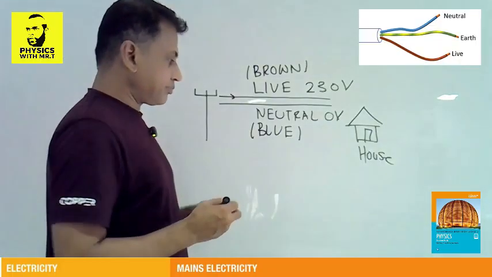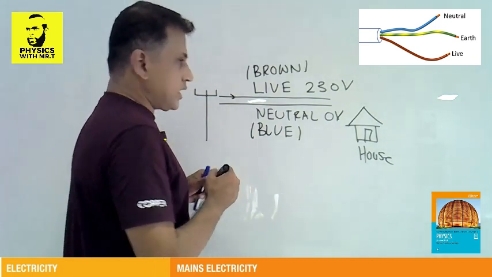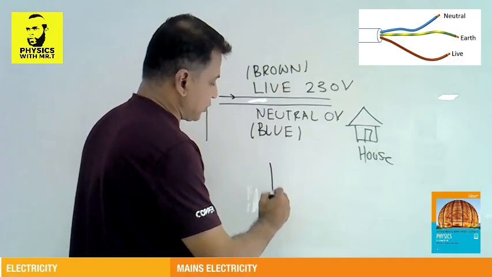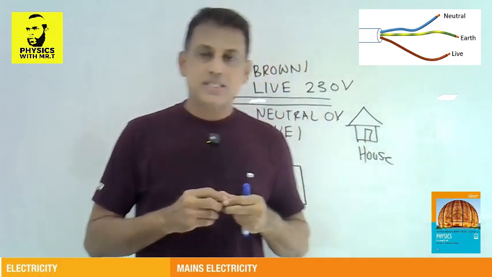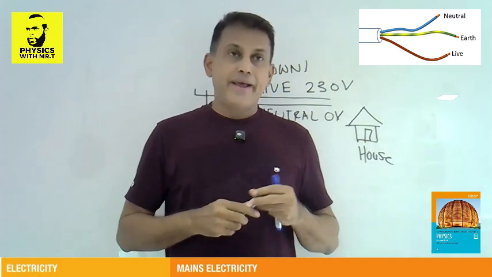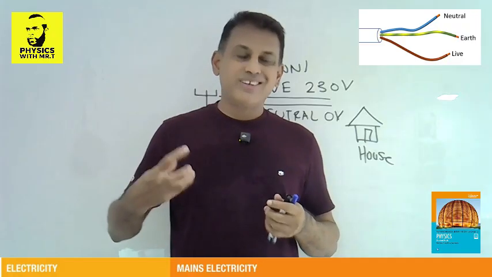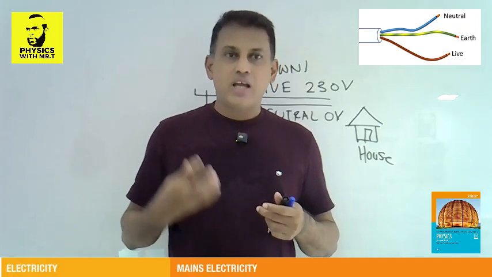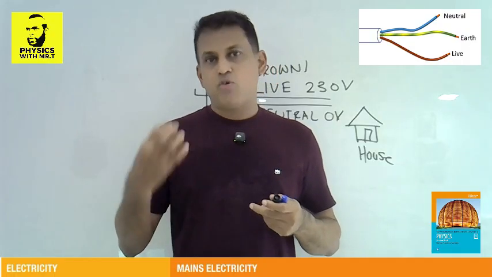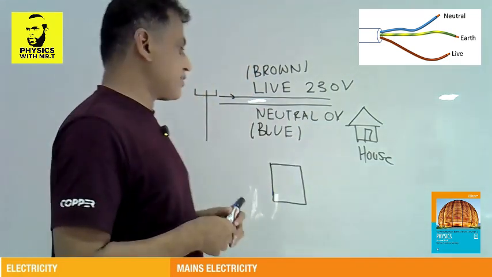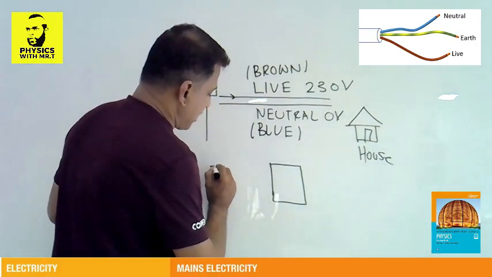Now, when it comes to the house, what does it actually do? Let me show you something. Let's say we use electricity for various purposes such as light, and also to operate electrical appliances such as heaters, kettles, washing machines, air conditioners, computers, phones, many electronic devices. We need electricity. Now, if the electricity comes to this place, that's the live one,